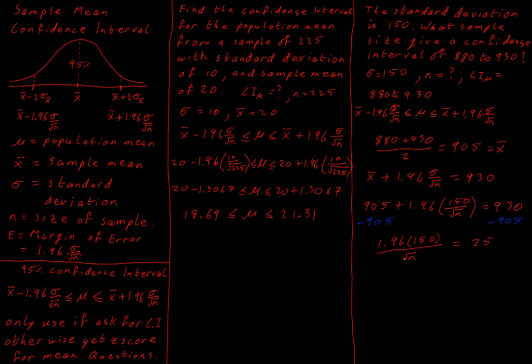So I want to multiply both sides by root n, because I don't want that root n on the bottom of my line. I'm looking for root n, so I don't want it underneath the line. So I get 1.96 on 150 is equal to 25 root n. Divide both sides by 25, and I get root n